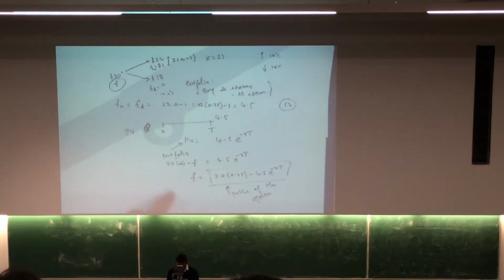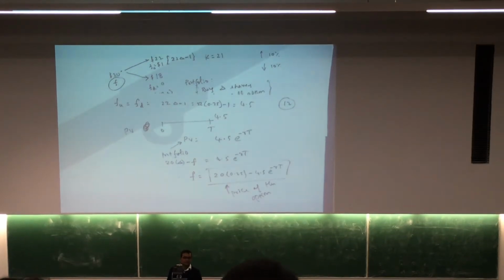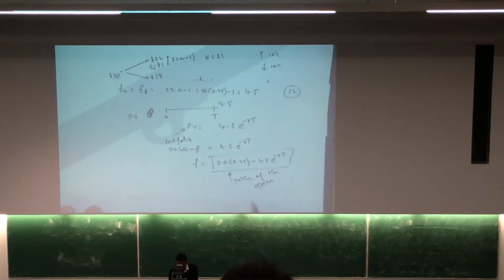Once you know that logic, then the present value involves buying delta number of stocks. So the value that I am going to put on the stocks is basically the present value of the stocks, that is 20 times delta, minus the value of the price for the option, which must be equivalent to the discounted value of the future, that is 4.5. Then by just doing simple algebraic manipulation, you get the f value equal to this one.